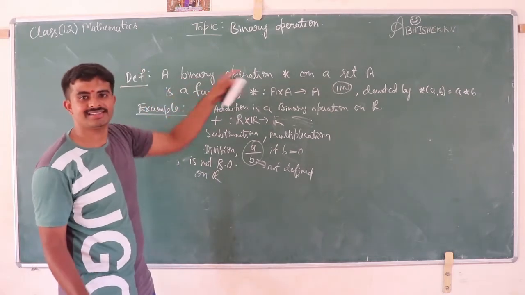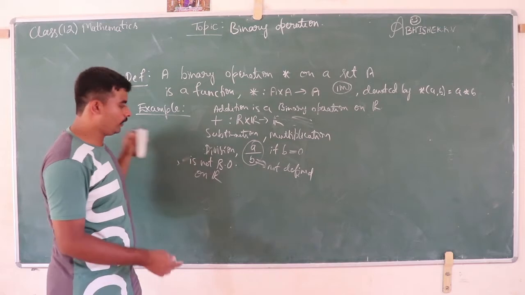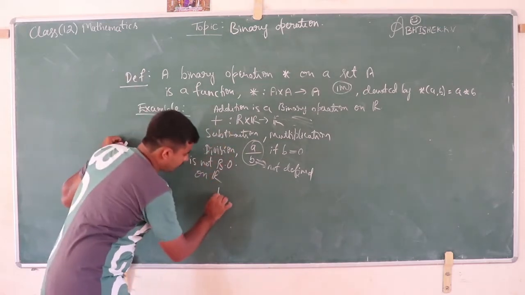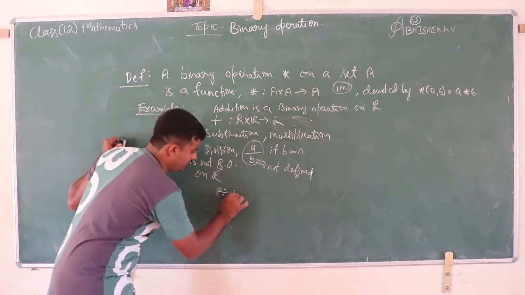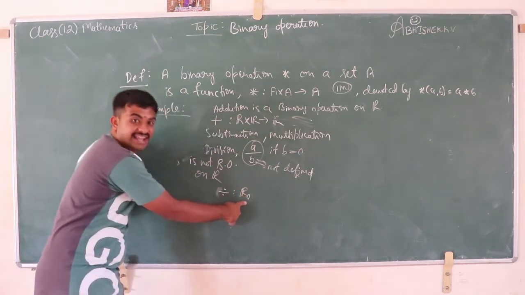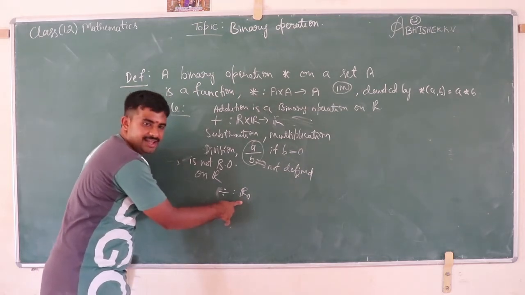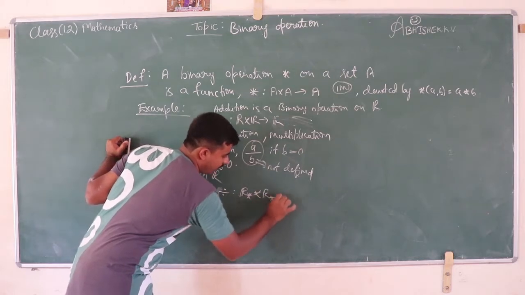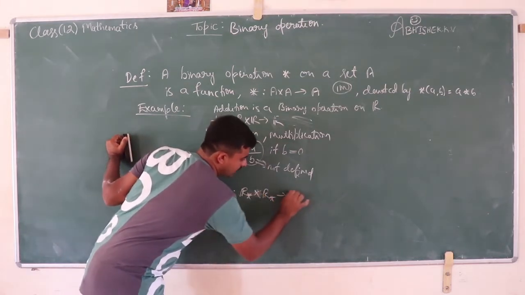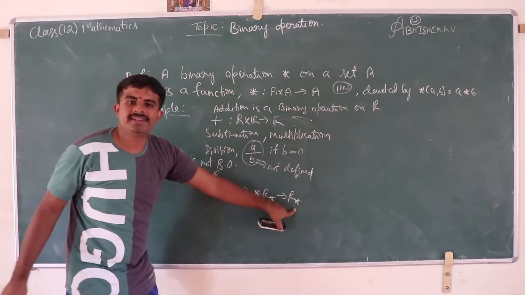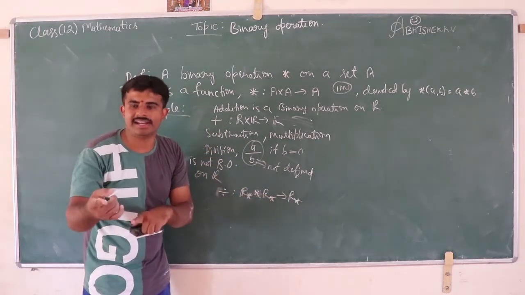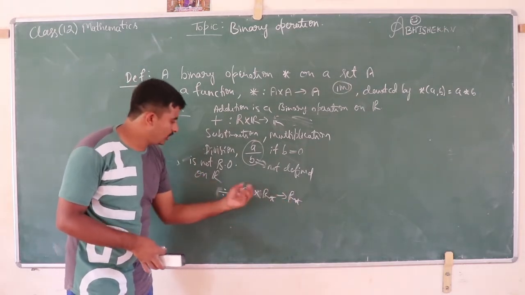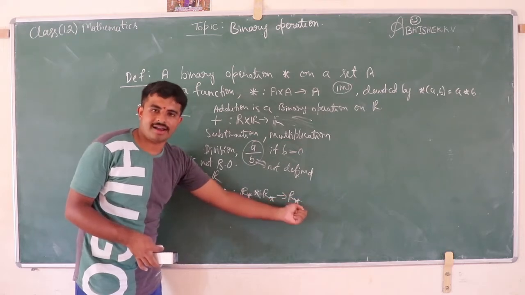See, according to the definition, star should be a function, right? Therefore, when it is a binary operation, see, if I consider the division from the set of real numbers except 0, this is denoted by R naught or R star, R star cross R star to the set of real numbers except 0. See, R star represents what? The set of all real numbers except 0. That is R star cross R star to R star.